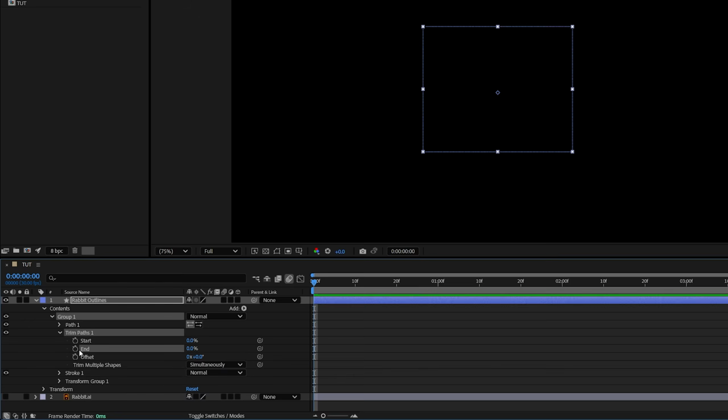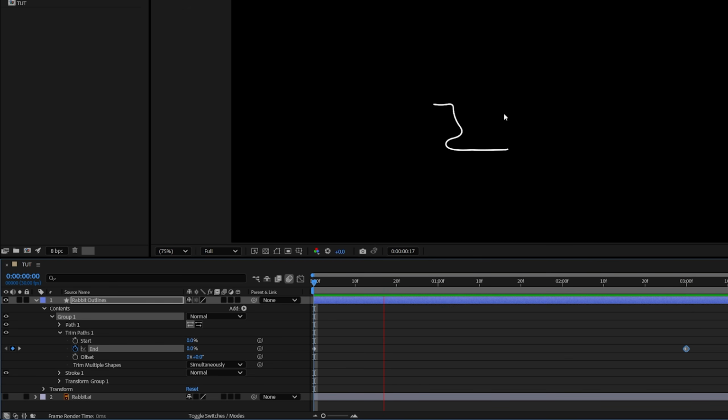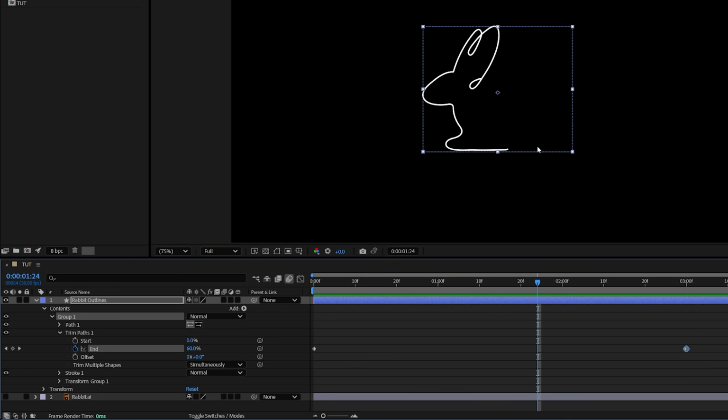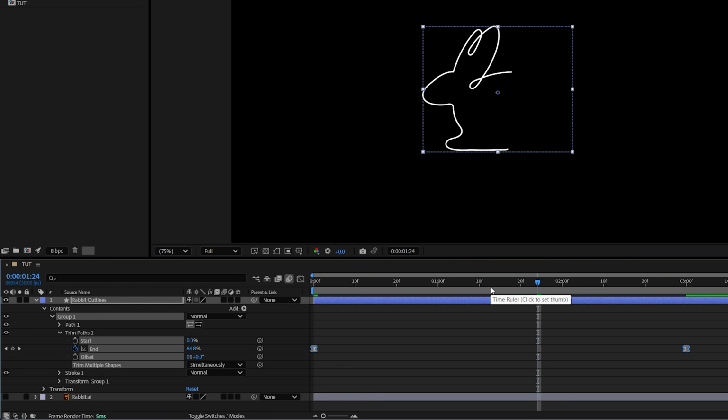Then create a keyframe by clicking on a stopwatch icon, then go a few seconds forward and set End to 100%, and that will animate the line of our shape. And we can make this animation smoother by selecting the two keyframes, right-clicking on any of them, Keyframe Assistant, Easy Ease, so you can press F9 as the shortcut, and we can also add motion blur by checking